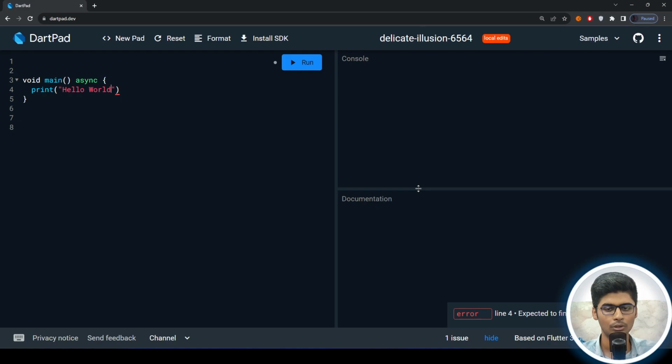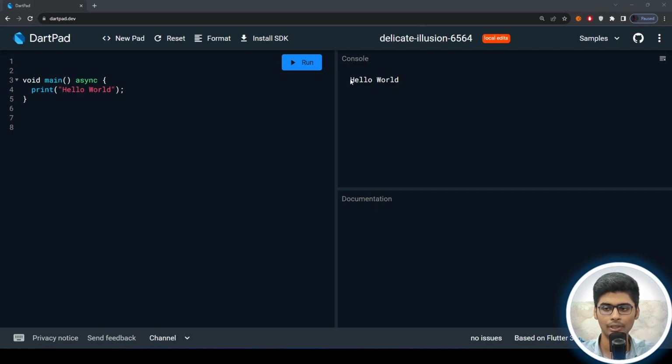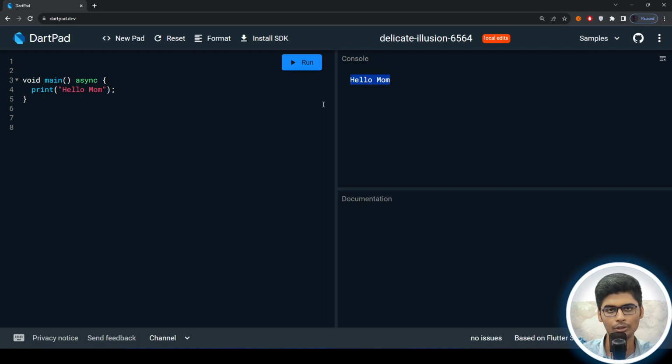Okay, hello world. Or we can directly use some other text if you want. So I'm going to start with hello world. As you see, if I run the code directly in dartpad, you will see hello world in the console. It can be any text that you wish. For example, I want to print hello mom, and we will see hello mom over here, which is really amazing. So it was our first code that we had written in the Dart language,